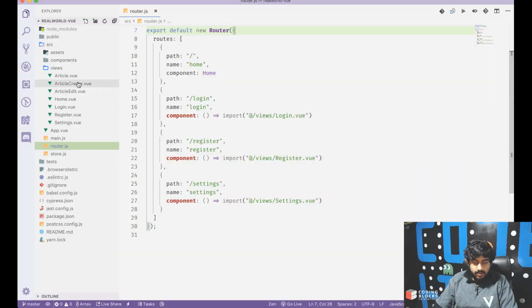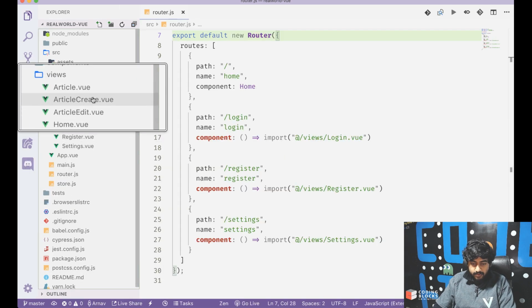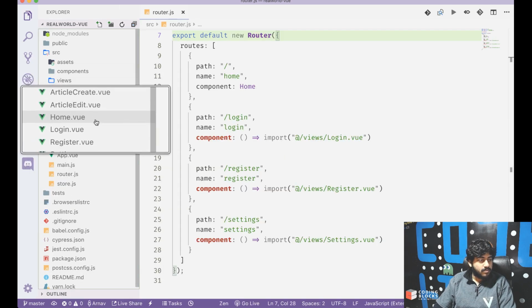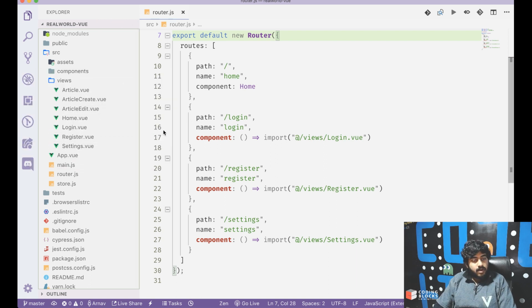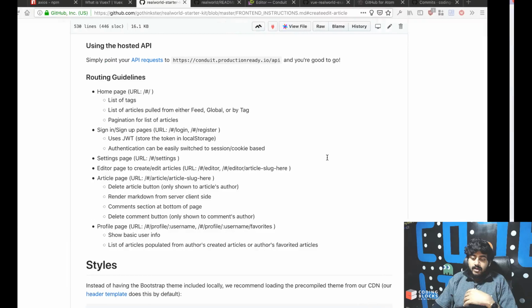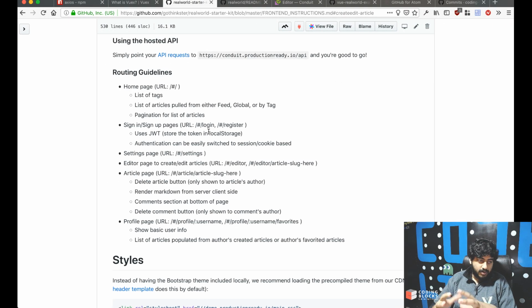So now that we have our templates ready, for example, we got articles and article creator, editor, home, login, register, settings, all that stuff is ready here. So our goal is we'll take a look at creating all the proper routes now. So there's the documentation for front-end instructions. There are routing guidelines given here, and we can set up